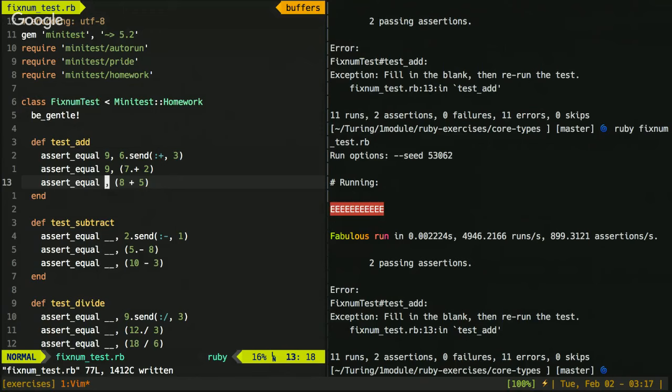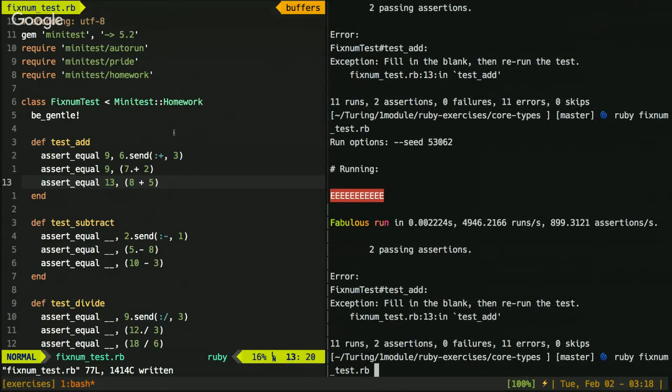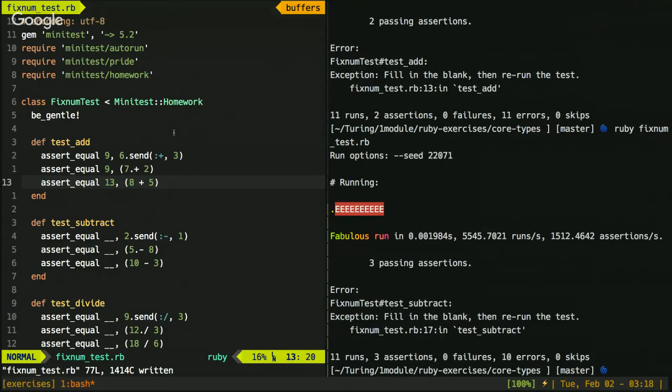Yep, we have 3 people saying 13 right off the bat. So let's put a 13 here. We run the test file, and we see that we now have 3 passing assertions.